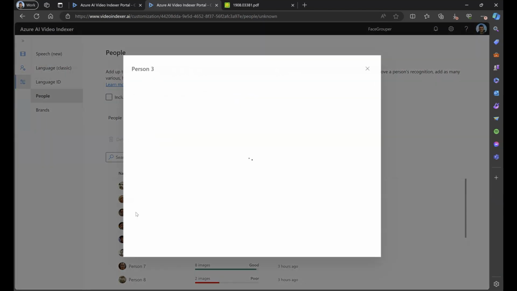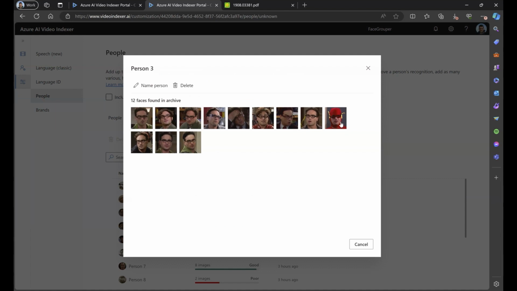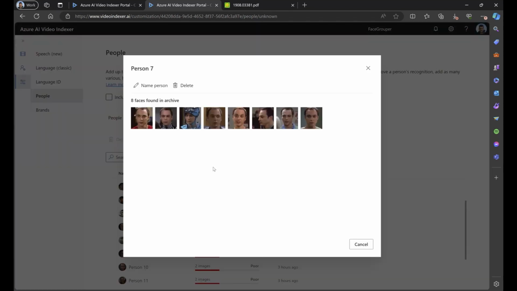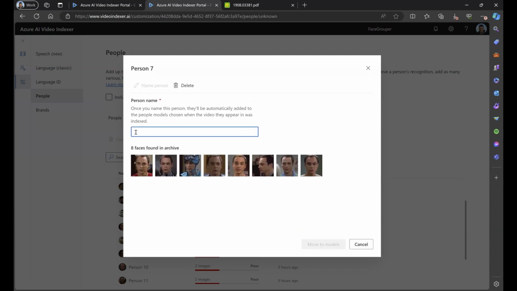We can see Leonard, even in his weird costume, Flash, I guess. And we can see also Sheldon, 8 different examples of Sheldon also wearing some odd helmet. And what can we do with it now? So if we name Sheldon,